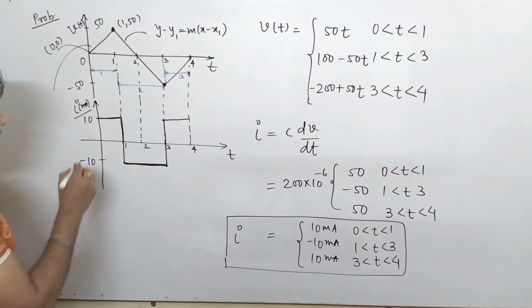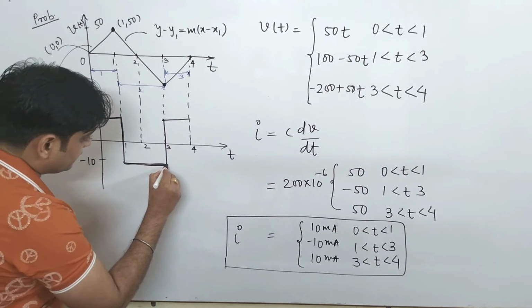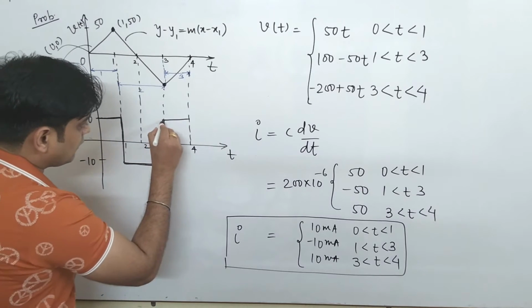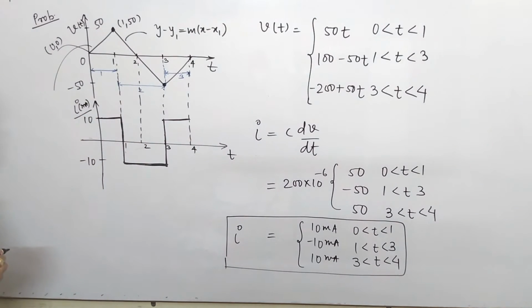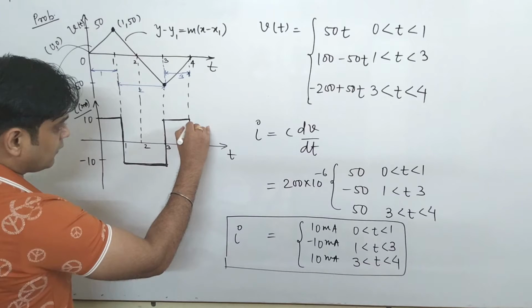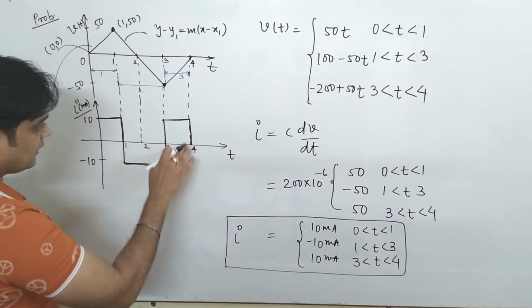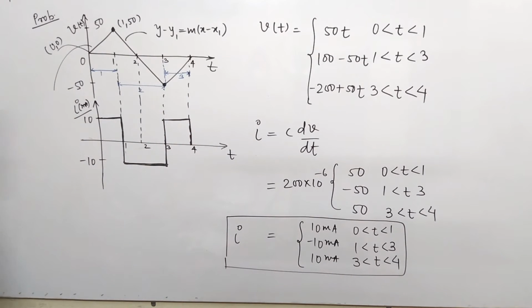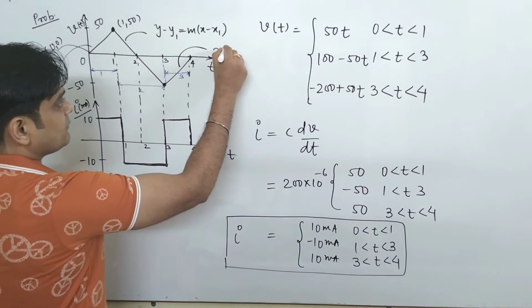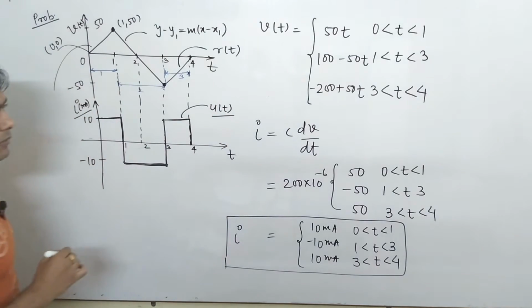So from here we see that this is a kind of signal moving in this fashion, and this is the value of current across your capacitor. If it goes on, this would be the form of current across the capacitor. The voltage signal I called a ramp signal, as I told you earlier, r(t), and the current comes to be u(t), in the form of a unit step signal.